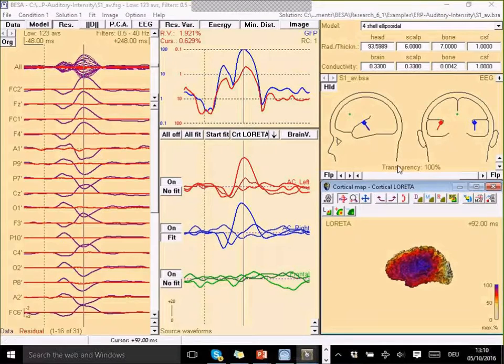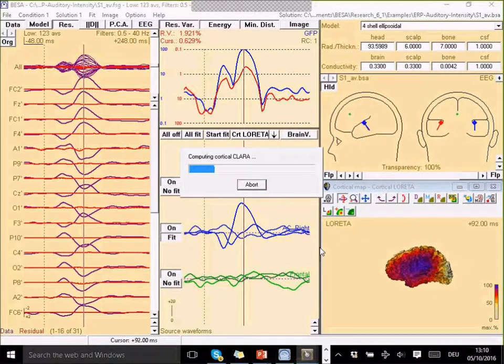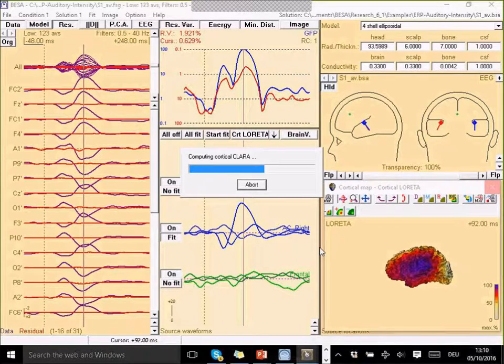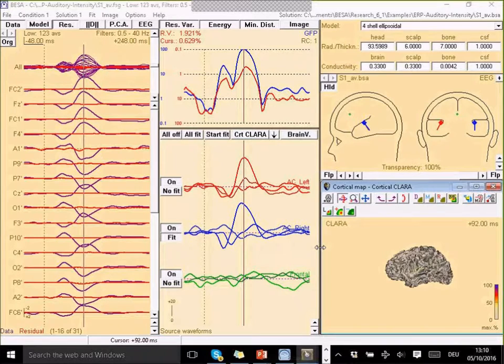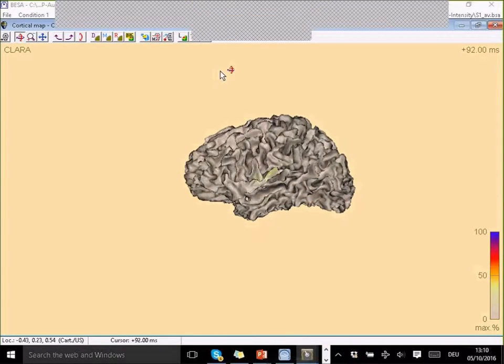One thing we would like to achieve is to get a more focal result, and this is where the cortical CLARA comes into play. Again, our in-house method. Cortical CLARA is the iterative application of LORETA, and after each step we get a reduction of the source space to get a more focal solution. And we also weight the next image with the results of the previous image, and the result here is different. I need to scale it up a bit,